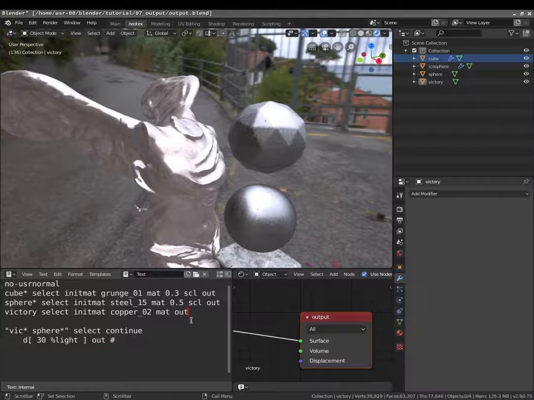So that's pretty much it for our keywords for output. I'll see you in the next